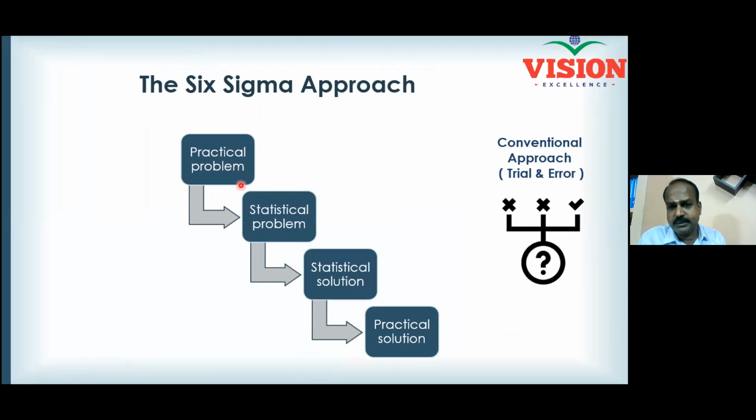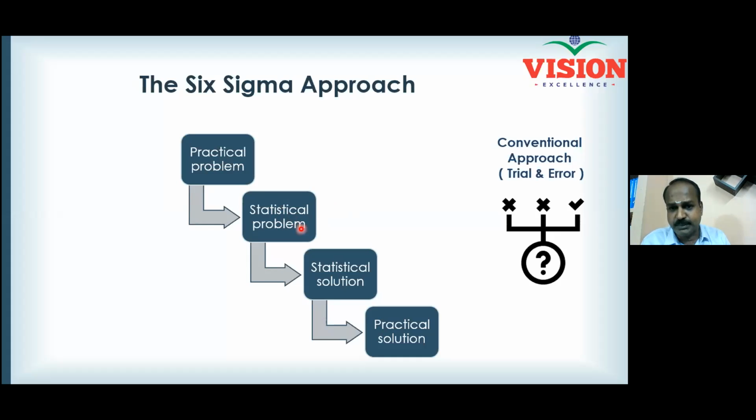A real-time problem is converted into a statistical problem. What is a statistical problem? A problem with the milk is converted into a problem with the numbers. A problem with a concrete block is converted into a problem with the numbers. A problem with a transaction time in a bank can be converted into a number problem. A problem in a call center can be converted into a number problem. Every real-time problem can be converted into a statistical problem. A problem in a shipping industry can be expressed using numbers. And so every problem can be converted into a statistical problem.